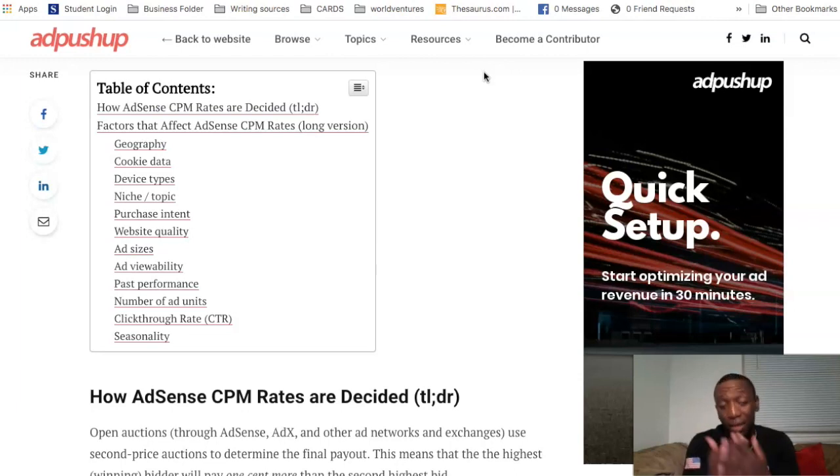And then the other thing is family-friendly content. If you're doing a lot of cussing and it's real vulgar, then you're not going to make that much money in regards to the YouTube Partner Program, right? Because they want family friendly content that they can share and push out to more and more audiences. But if they feel like it's too vulgar and you're cussing a lot and all that other stuff, then you're not going to make as much money, right? So you definitely want to think about that, depending on what type of content you want to put out.